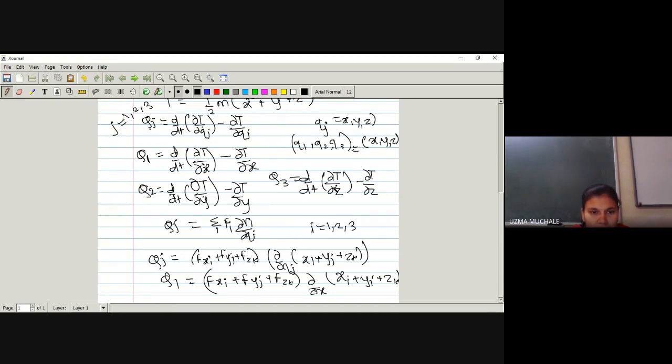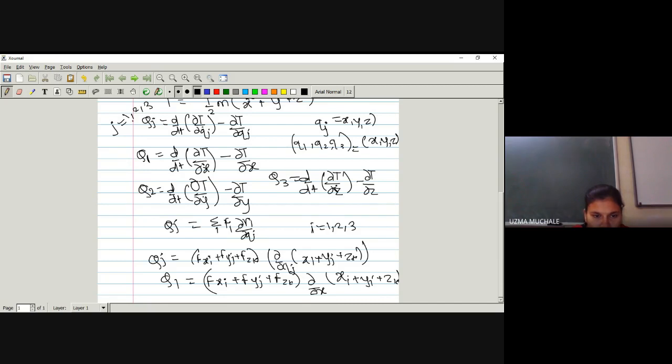What have we done? Our equation qj, the Lagrange equation of motion, we have run it for j equal to 1, 2, 3. For j equal to 1, what will come is q1: d by dt of dou T by dou q1 dot. q1 is your x, so directly we have written x dot. So here also, instead of qj it is q1, your x coordinate. Cartesian coordinate will be the generalized coordinate in this case. So here we have this equation.